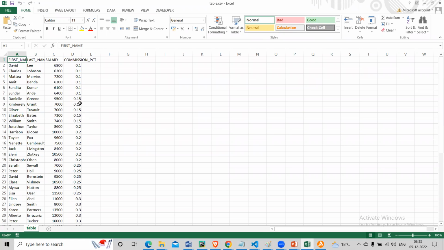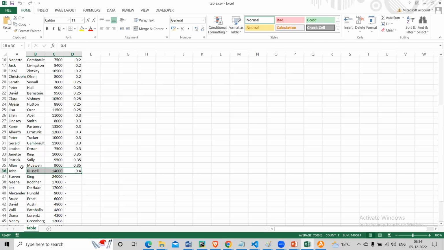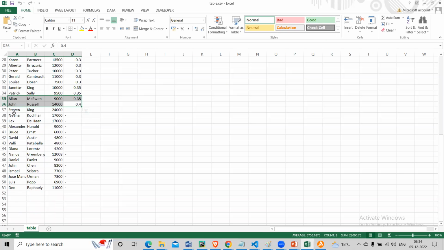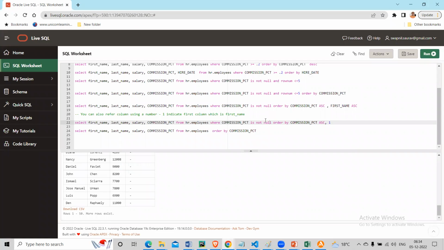So see, it has sorted in increasing order. 0.4 is the highest. After that, it has put all the null values. But let's say you want null values to come first at the beginning. Then what do you do? You come here and you say order by commission percentage,